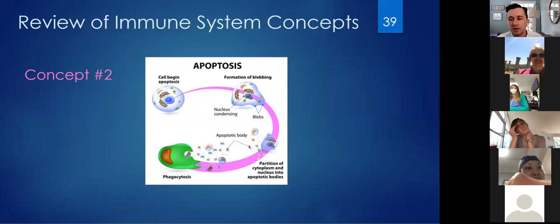The main difference here is that with apoptosis, you have a regulated, systematic destruction followed by consumption of these cell fragments by macrophages. You have this healthy cell that at some point decides it no longer wants to live, and you start having a lot of condensing within the nucleus, and then you have these little blebs that break off that are ultimately consumed by